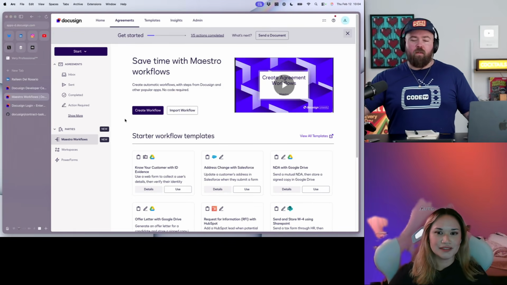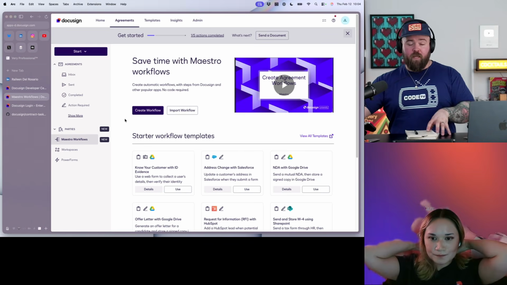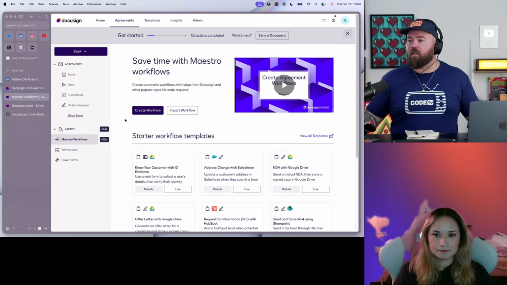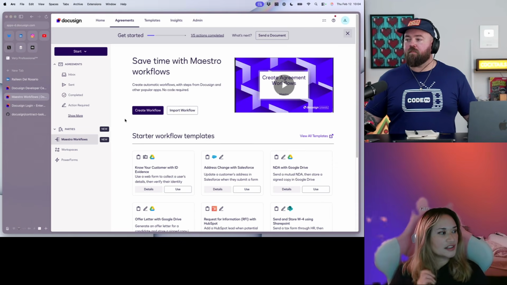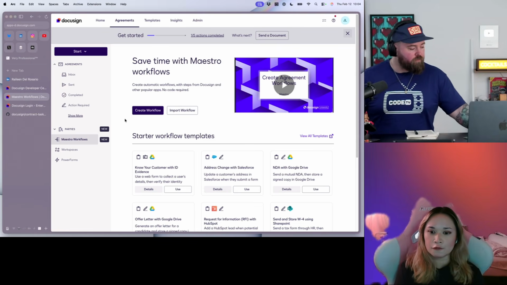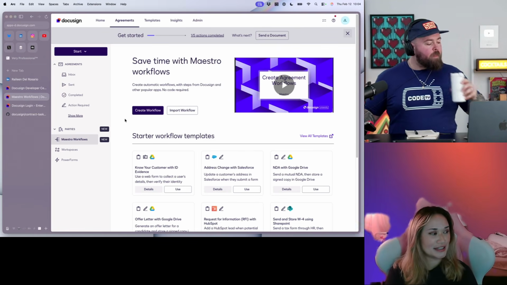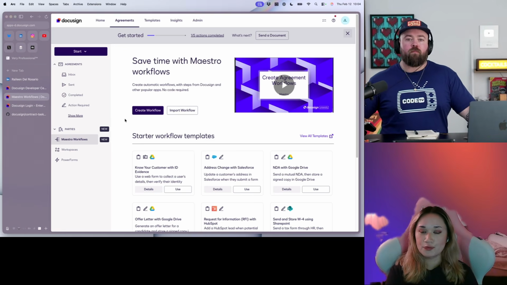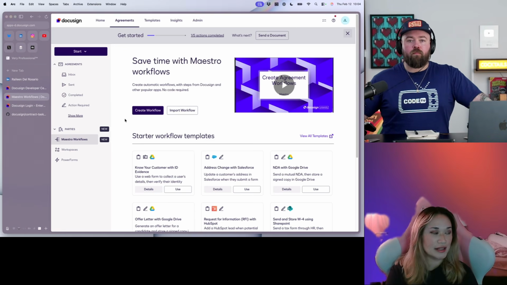Yeah. So I'm ready. So let's maybe talk about what our plan is today, and then we'll jump in and do it. So I'll let you take the lead on what should we try to accomplish. Yeah, so there are kind of 3-4-ish big parts of what we're doing today. First one is building a Maestro workflow. Second one is creating the web form that we're going to use in the workflow.